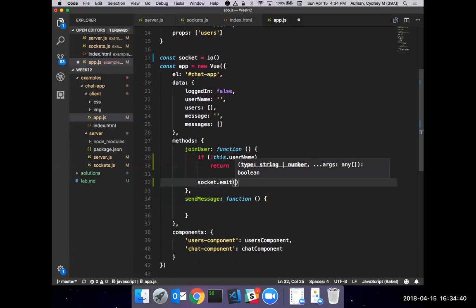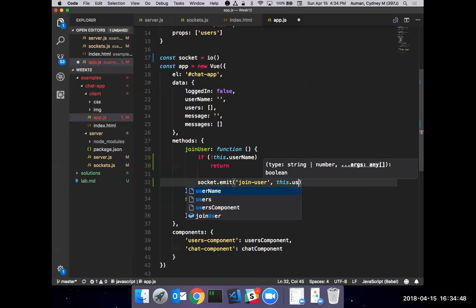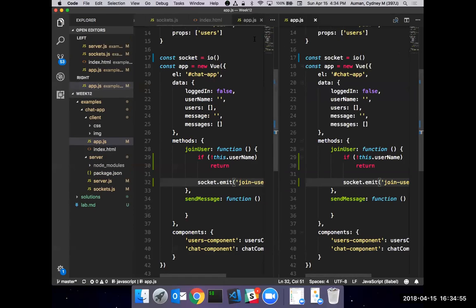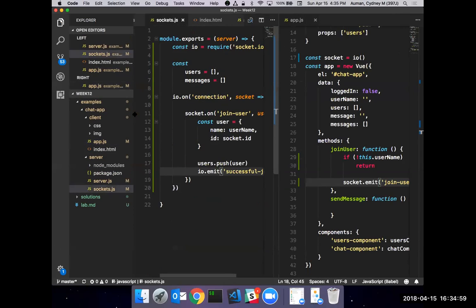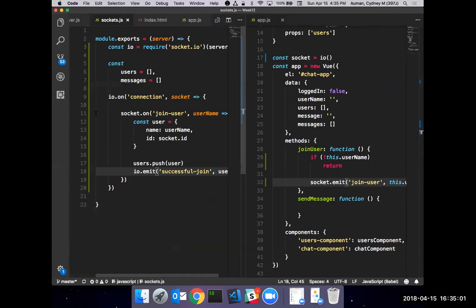We can say socket.emit, and we've already created this event on the back end. This should be kind of familiar. On the back end, it's a little tiny, I know, but here we have this join user, and here we have this emit to join user.